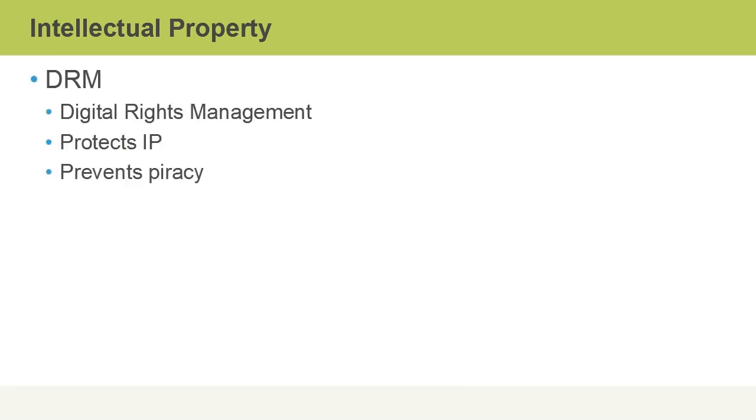DRM stands for Digital Rights Management, and this is another aspect of protecting intellectual property. It prevents things like piracy. If you think back in the days of software being distributed on floppy disks, vendors back then would use methods such as writing the files to those floppy disks in non standard ways, and that was their form of copyright protection at the time.